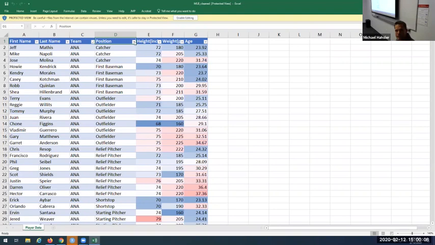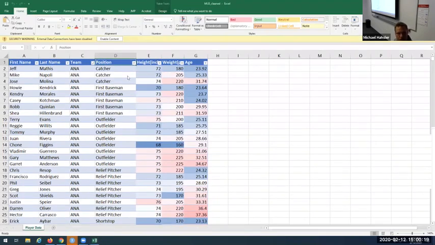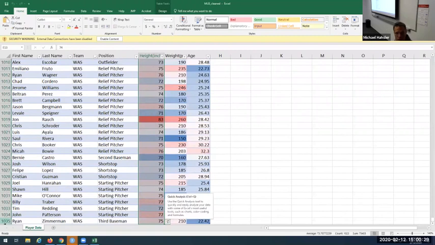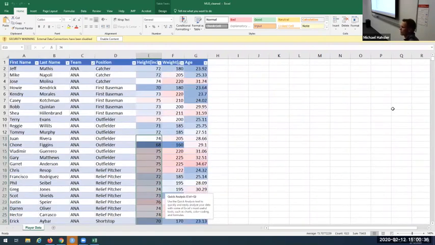So it has those fancy pull-down menus here if I enable the editing. And this is really slow. And it has the height, the weight, and the age of those players. And it has quite a few. If you go all the way down here, if it wasn't so slow, then I could actually go down there. It has 1,034 different players. It's a little dated, so it's not the current roster of the Major League Baseball teams, but it's a fun data